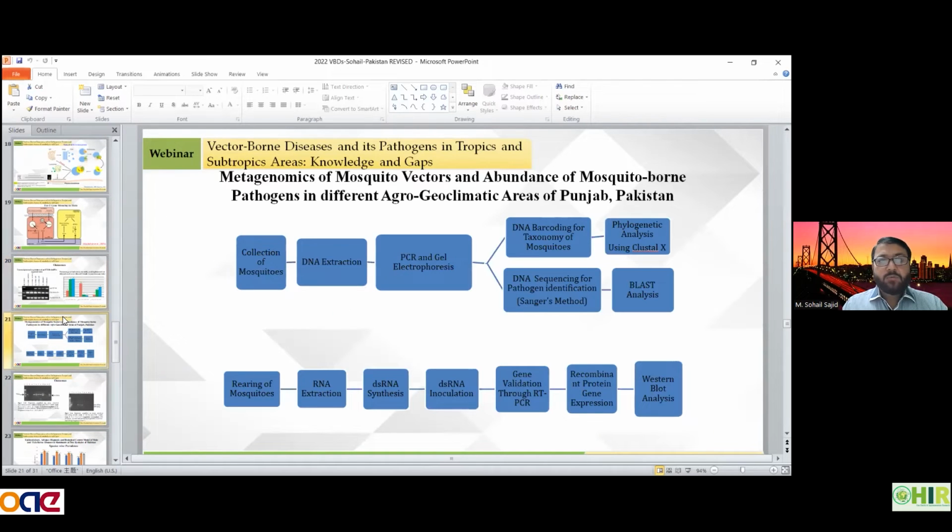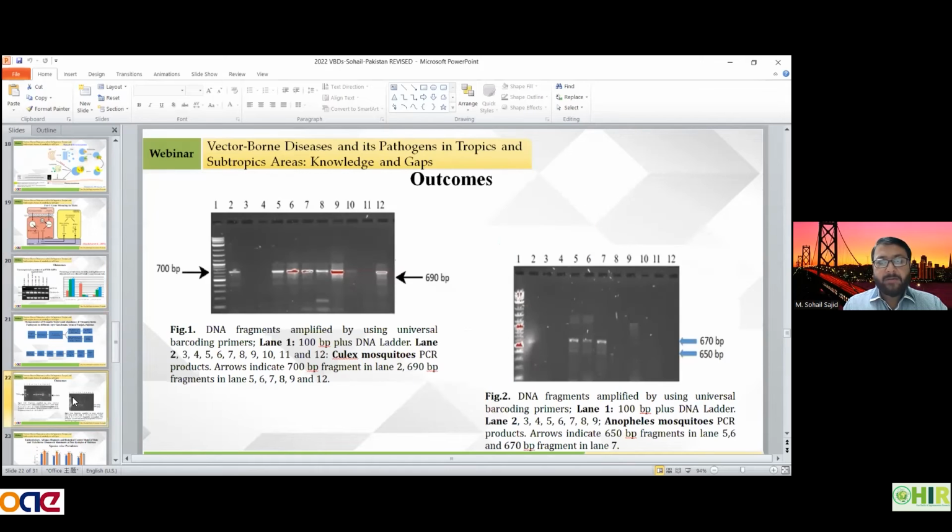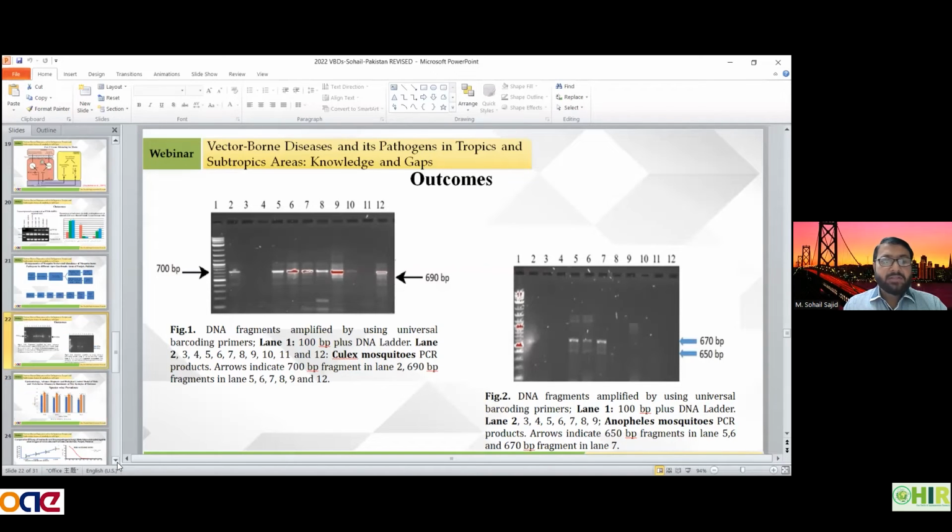And then this next project was on mosquitoes, where I replicated the same work. And in that project, we identified some genera and species which are prevailing in the country, but the results on pathogen transmission are still under process of publication. So they will be coming out very soon, showing which kinds of diseases are prevalent, which are carried by mosquitoes.